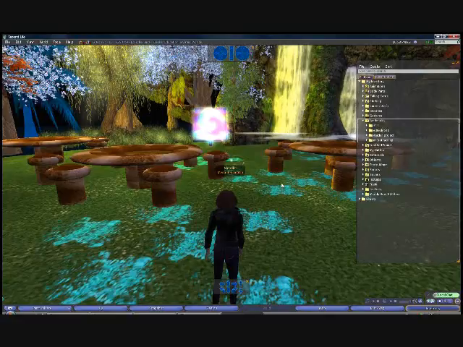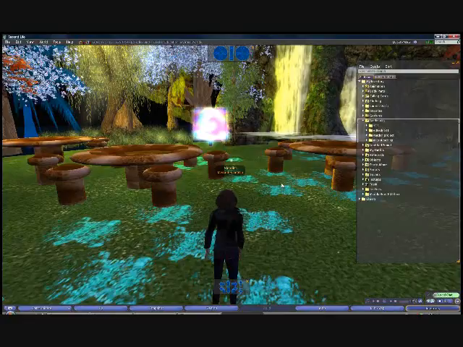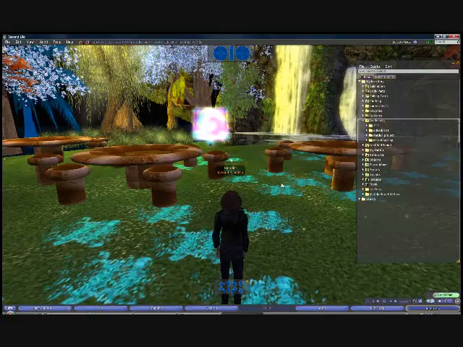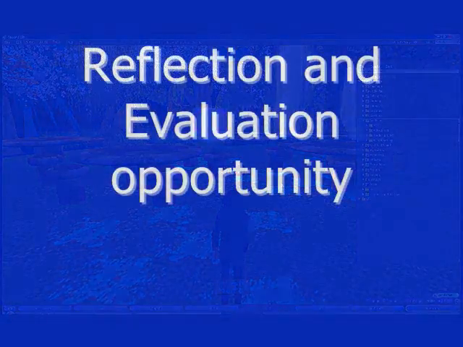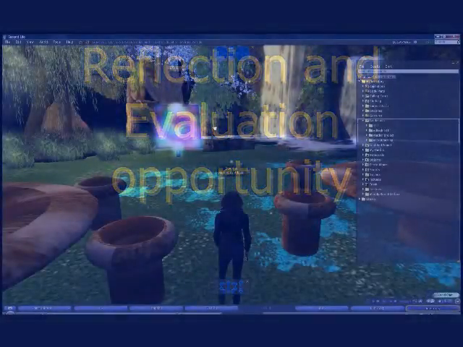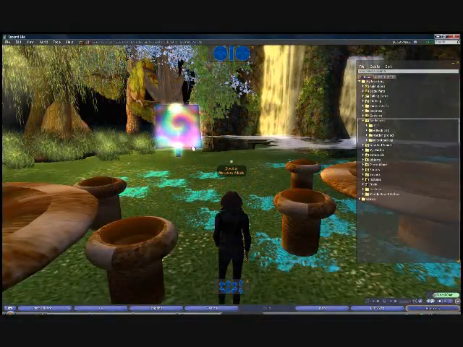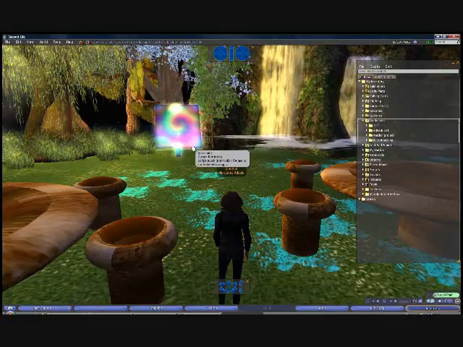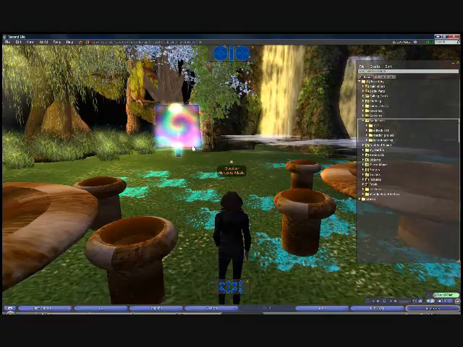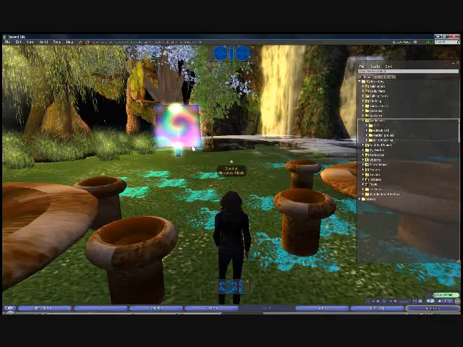Basically, like I said before, we've learned so much about the power of reflection throughout the Master of EdTech program at Boise State. And we wanted to give our students an opportunity to reflect on the activity they did. But this screen here has a little assessment for them. They basically, once they're done with the scavenger hunt and they've turned in their note cards where they filled out information that they found along the way,